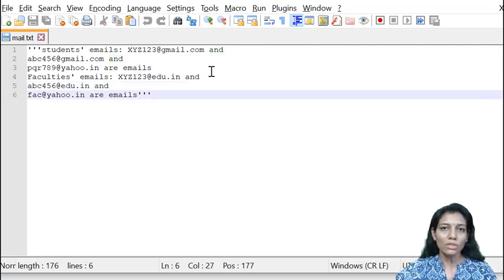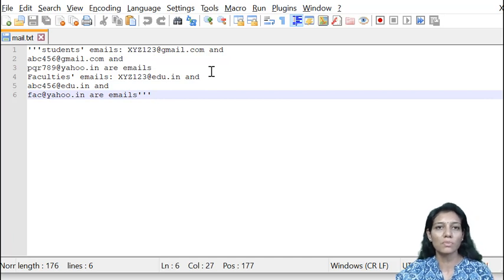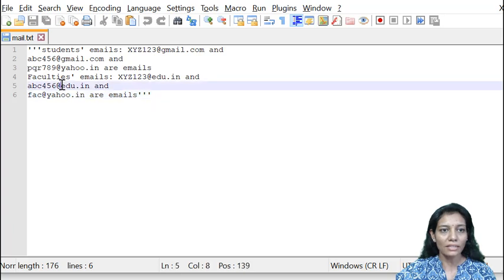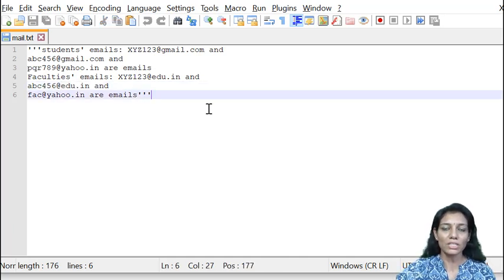So you need a regular expression based on the awareness that @ appears in the email ID and there are some non-white space characters around it. Based on this knowledge, if we write the regular expression properly, we can extract the email IDs from this text file.